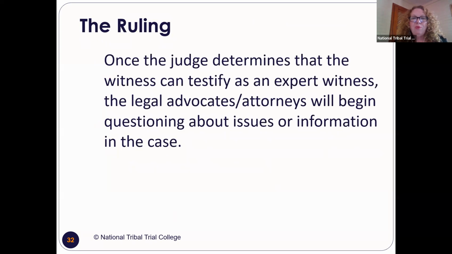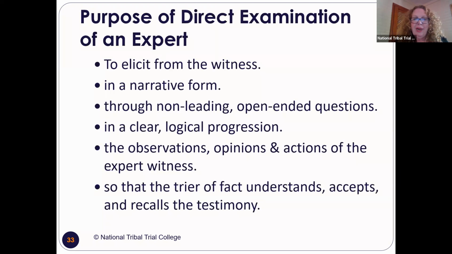Once the judge determines that the witness can testify as an expert witness, we are off to the races. You can put them on the stand on direct and ask them all kinds of questions about the case, including what they think about the ultimate issue, such as who should get custody, right? That's what we're here for in this divorce case. Who should get the custody, right? Primary issue. They can weigh in on it, and an expert's testimony can have a lot of weight with the judge. Okay, you're going to put the expert witness on the stand.